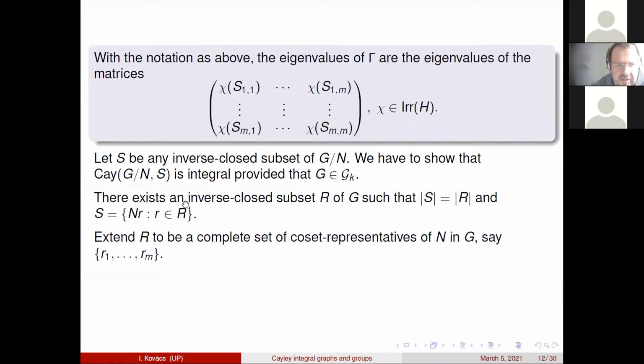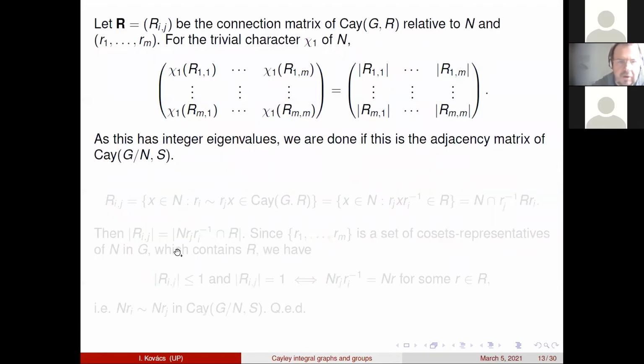And it's easy to see that in that case, you can take an inverse closed subset R of G, which has the same size as S. And in fact, the corresponding cosets give you S. And then you just extend this subset to coset representatives. And now we can use the fact that the Cayley graph over G has a semi-regular abelian group N, and we can build this